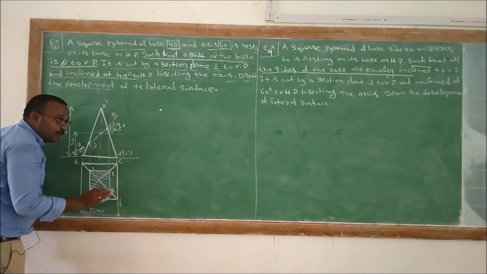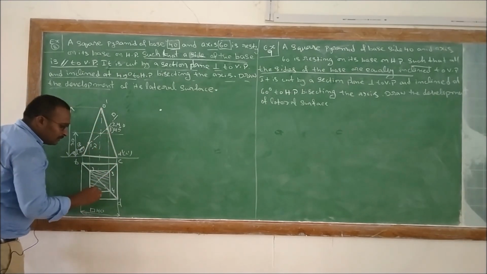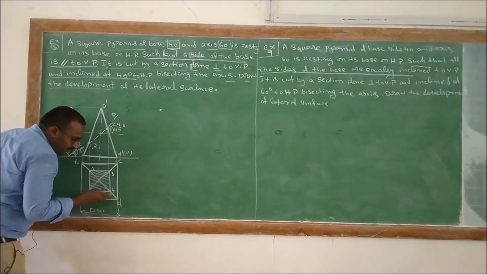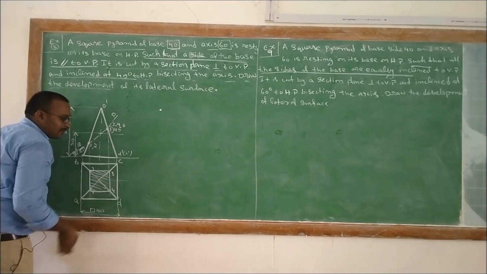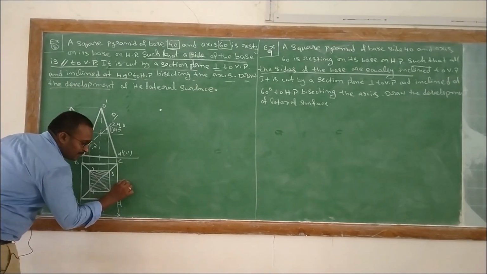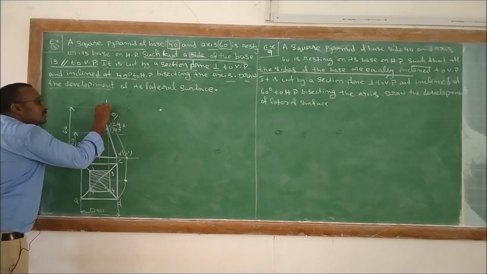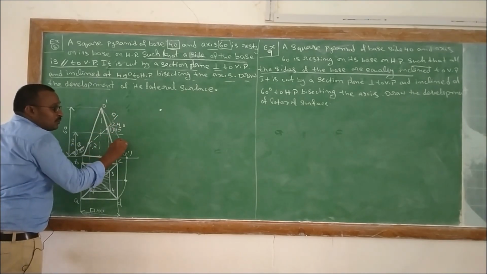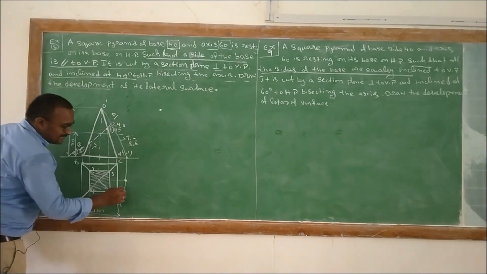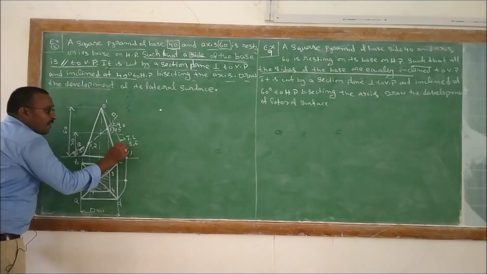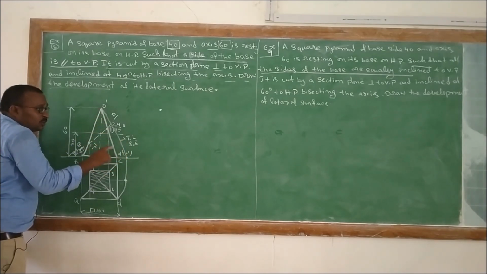If the line is inclined to the VP, then we don't get the true length in the front view. So here we need to rotate this line until it touches the horizontal line. Then you need to project that particular point towards the top. So this is the actual true length of the slant edge. This is the way we need to find that true length. Actually, this is not the true length.